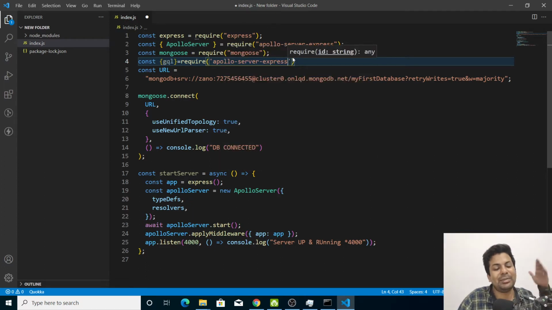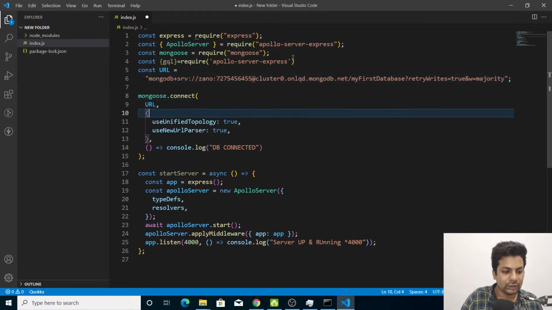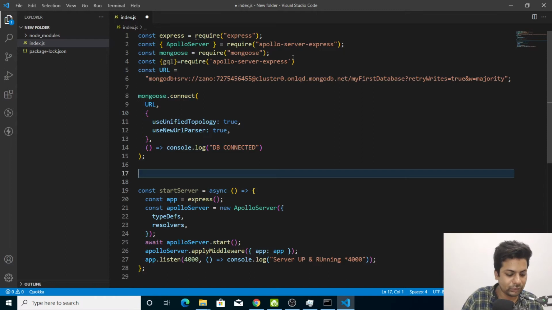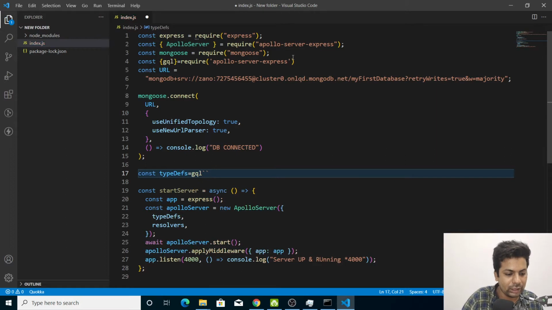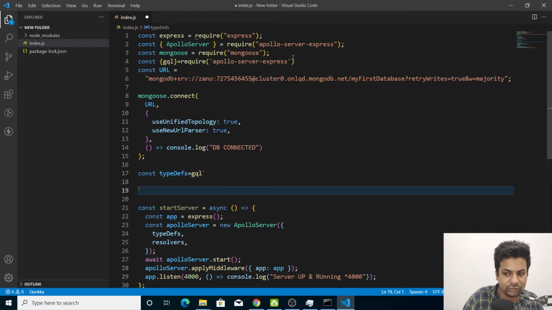This is the boilerplate you have to do for the first time, obviously. Now here I'll define the gql. So I'll say const typeDefs equals gql, and here let me define the first one.